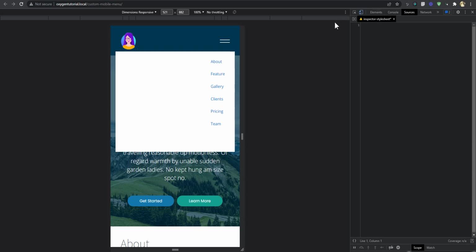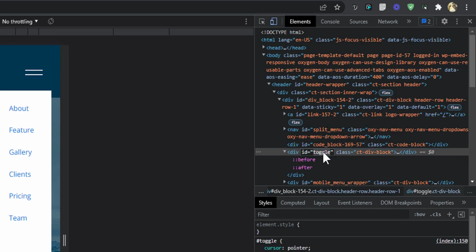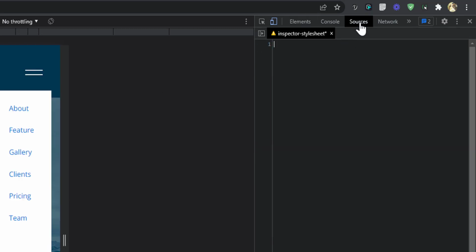We want to add an active class to the toggle, because we want to use the active state to write the CSS. So now I'm going to say toggle dot active, no space, before,